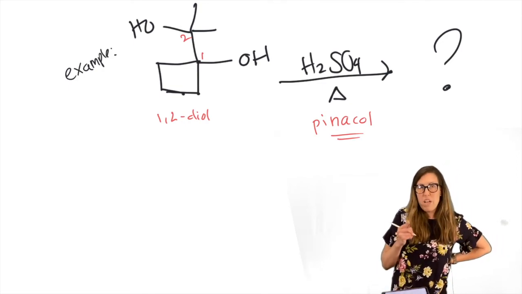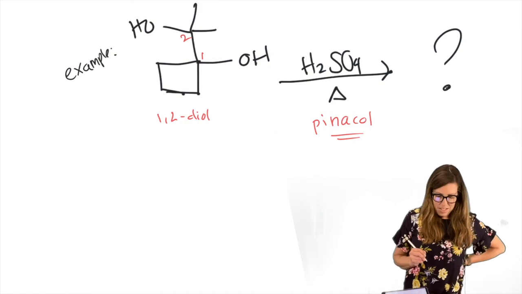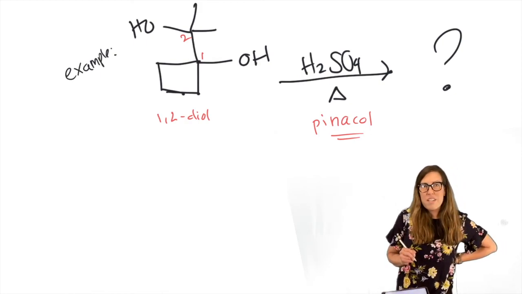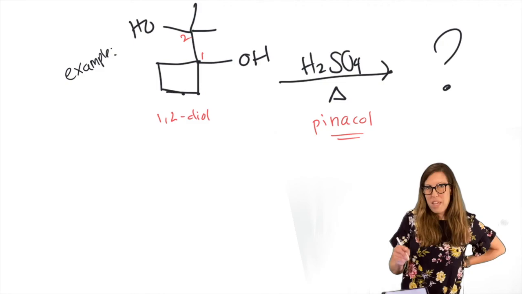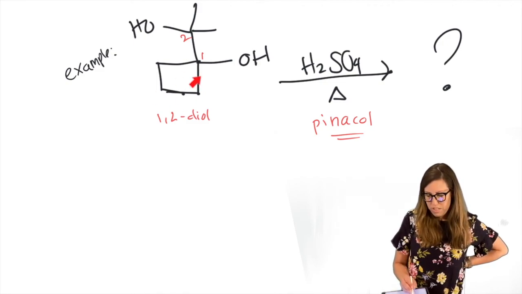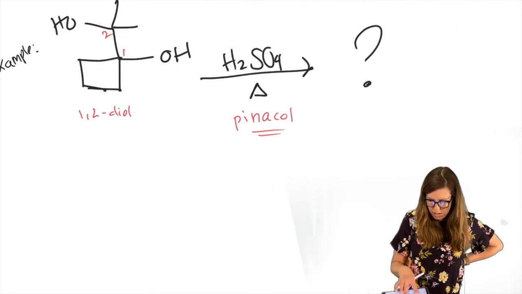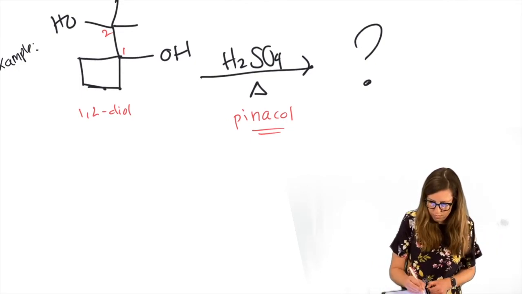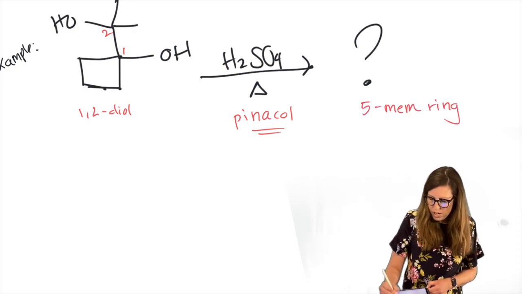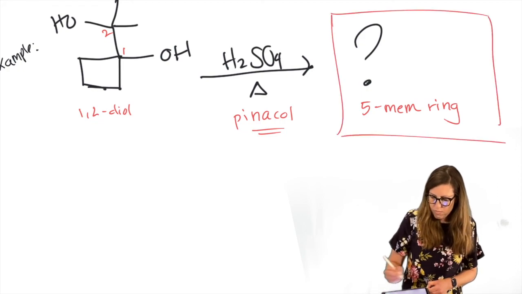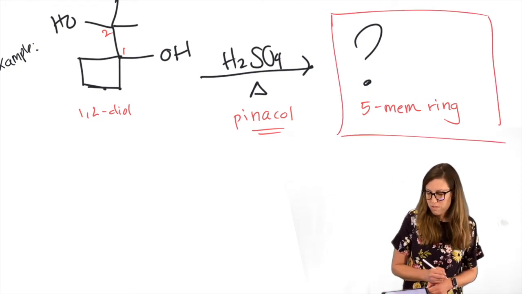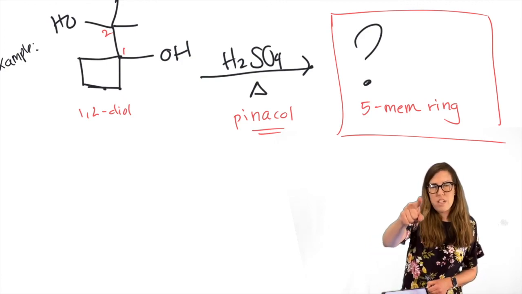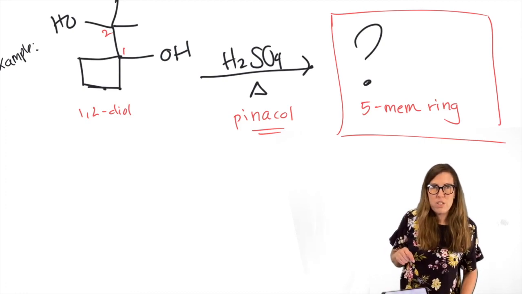Okay, so do the same logic. Have water leave. Form something that would be favorable to expand its ring. So I want to see the ring expanded product. Okay, so I'm going to put a 5-membered ring. So draw the product that has a 5-membered ring. 4 to 5 is definitely favorable, right? Okay, that's the last hint I'm going to give. Send you off to do that to end our alcohol unit. Have fun.